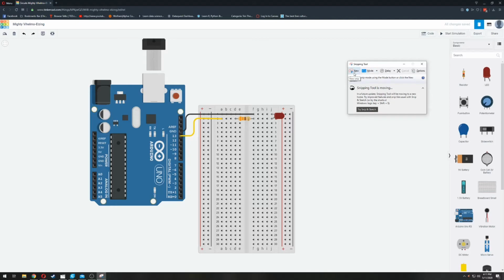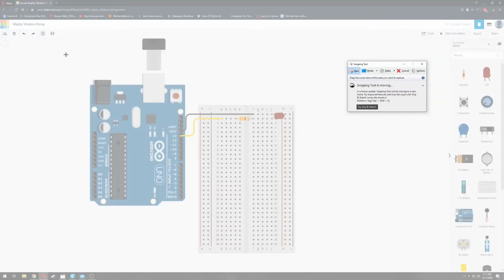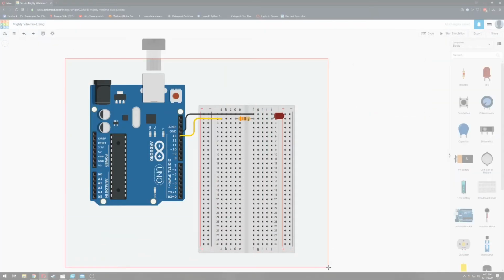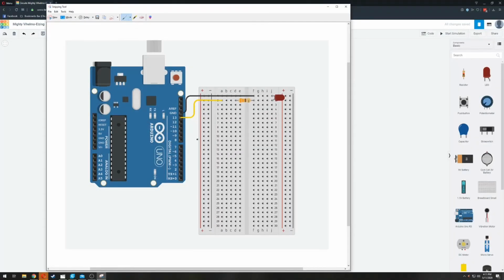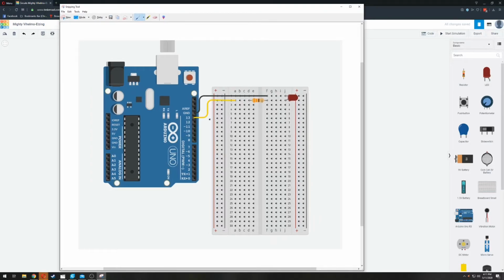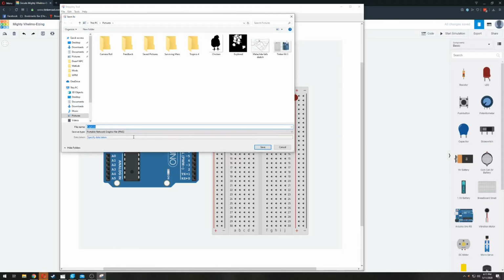Mode is square, so we're going to click New. We're going to drag a box over whatever it is we want to snip. In here, you can see we've saved an image of what we want. This can be copied and pasted, but it's probably easier to go File, Save As, and save this someplace that makes sense. And we'll call this